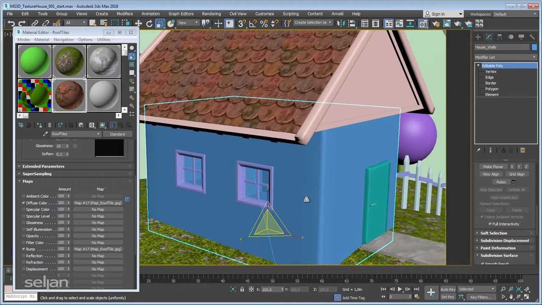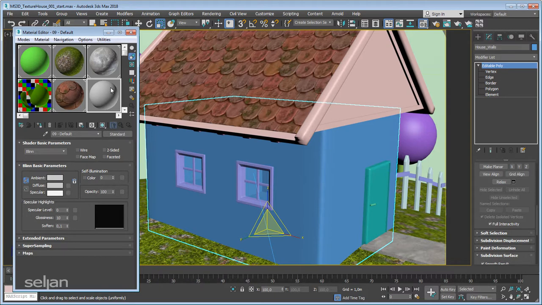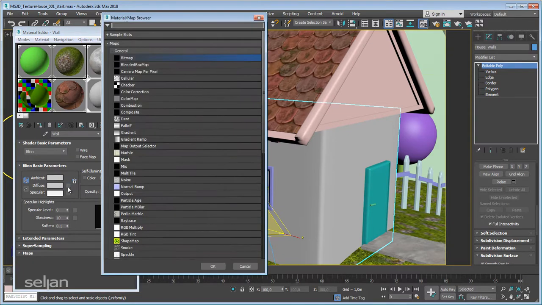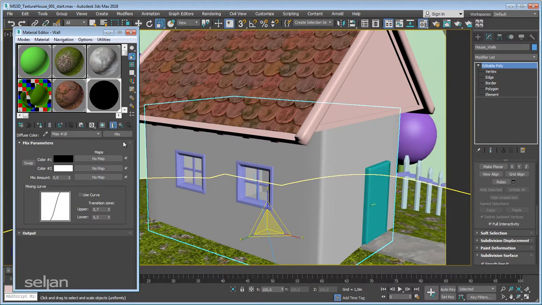We also have UV channels. Now, there's a new material, and this material is used on the walls, and just rename it to walls or wall. And in the diffuse, I will instantly open up a mix